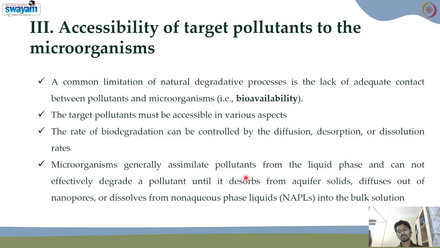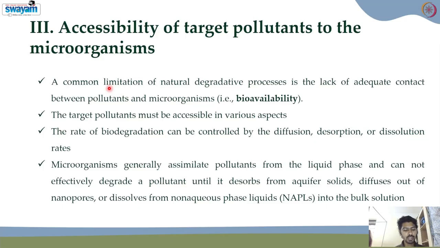And the third principle is accessibility. We call this the bioavailability of the target pollutant to the microorganism. Accessibility means the microorganisms are ready to eat these pollutants, but unless these pollutants are available or dissolved in water